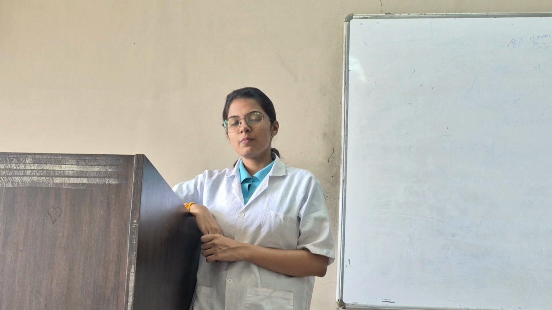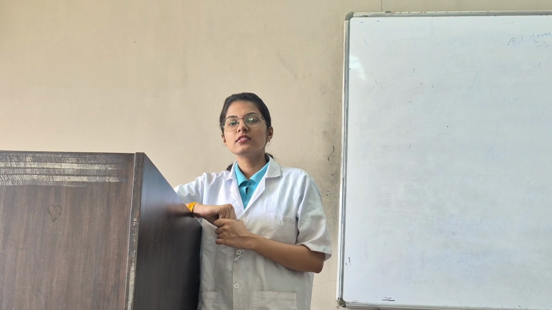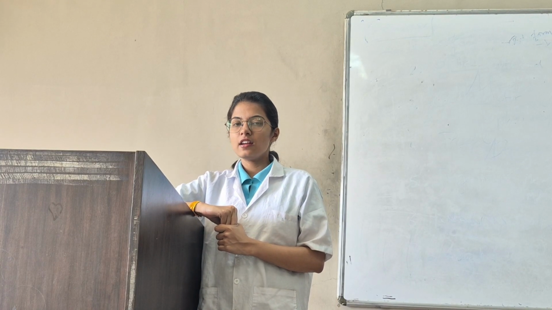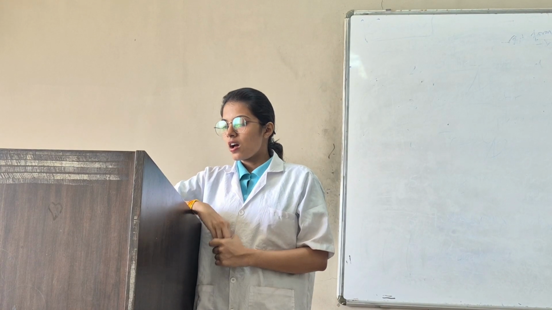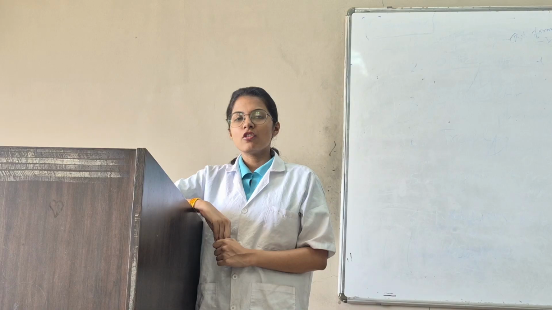Here to explain the topic of kinesiology, that is the axis of the ankle joint. The ankle joint is a synovial hinge joint formed by the distal end of the fibula and tibia, articulating with the trochlea of the talus. Its primary movements are plantar flexion and dorsiflexion.